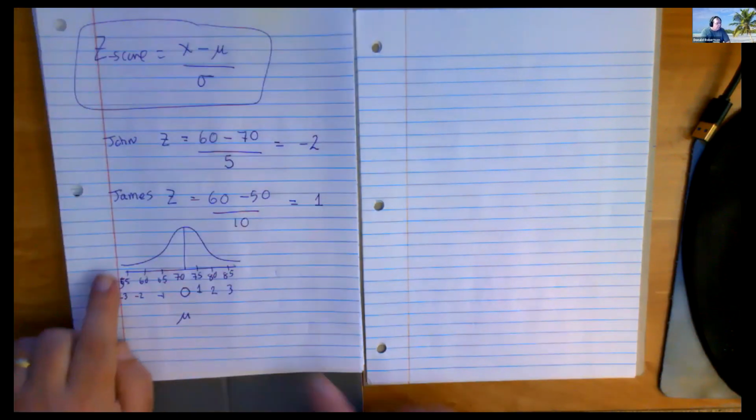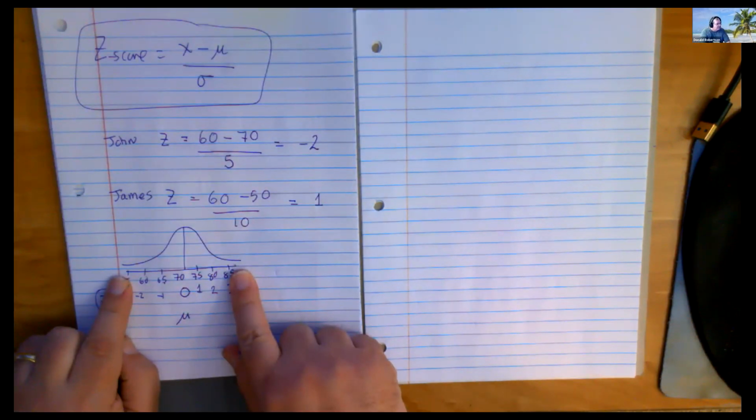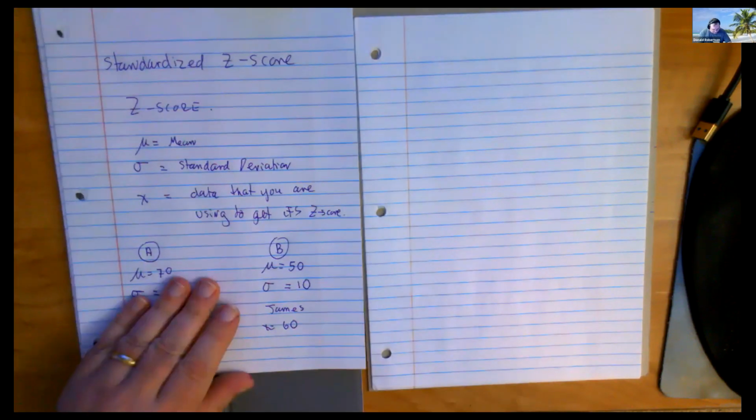And do you know what the usual test is? It's 3. And the reason it's 3 is, can you remember, almost all the data is within 3 standard deviations. And do you know if you took a number like that, its z-score would be 3? So if you get a z-score bigger than 3, you are an outlier. Okay. If you get a z-score less than -3, you are an outlier.